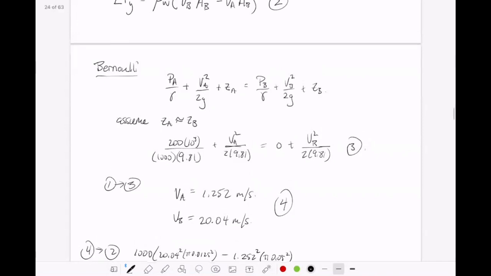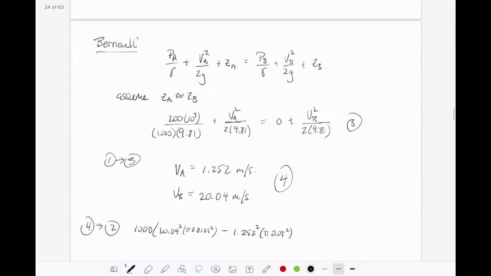So that is the right-hand side of our momentum equation. This is now equal to